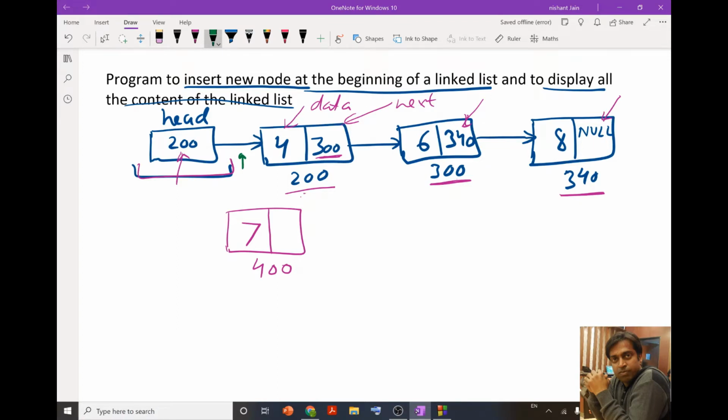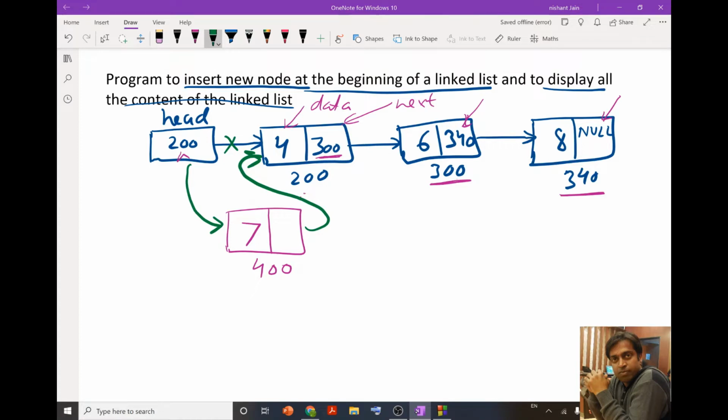To insert this node, I have to connect the link like this, and this link I need to cancel out.